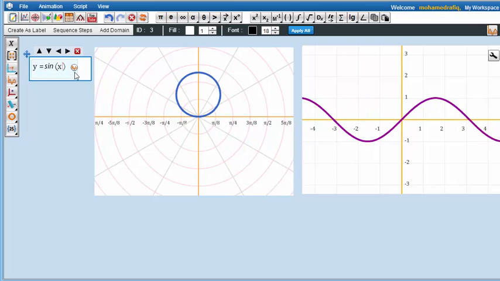I hope you enjoyed watching this simple demo, and in part 2 of this series, we'll learn how to add a slider